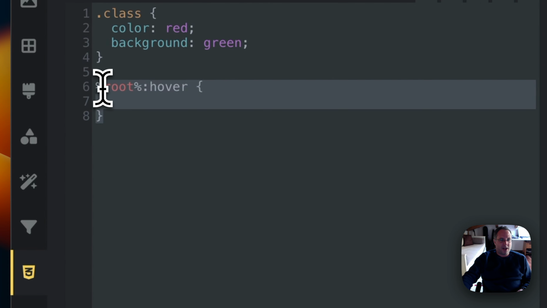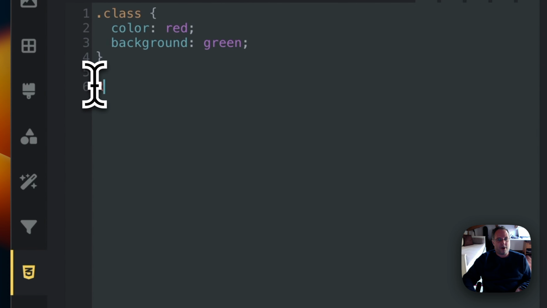So if you start your shortcut with R uppercase, it will create the brackets, right? And this works for RH hover,